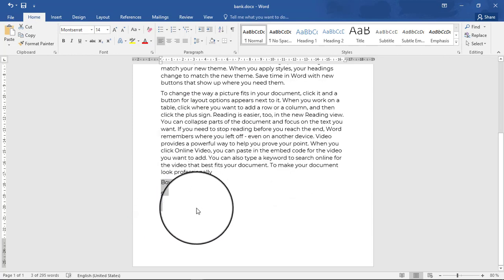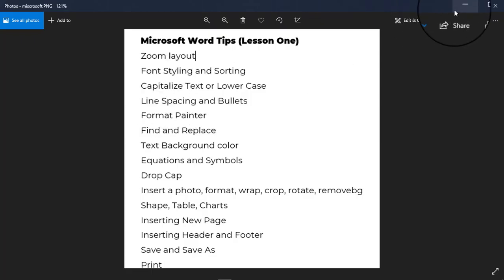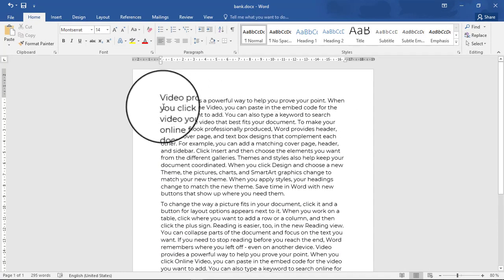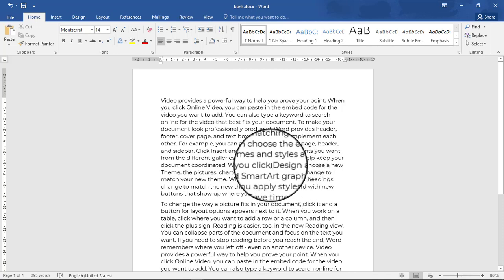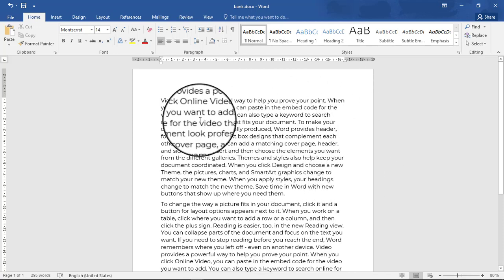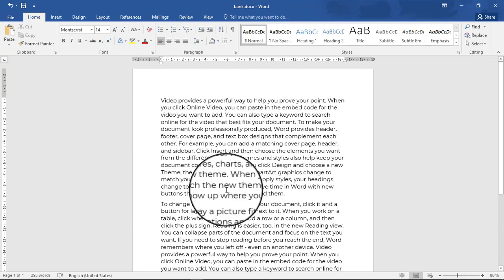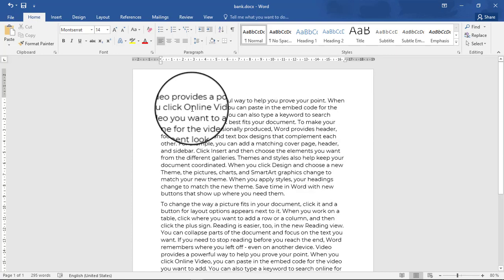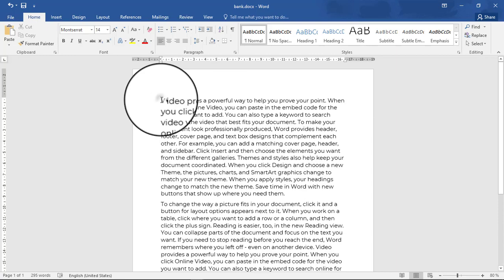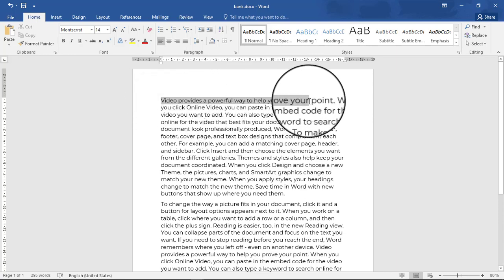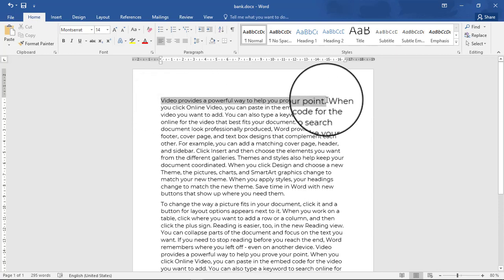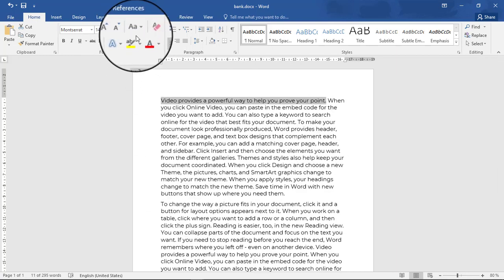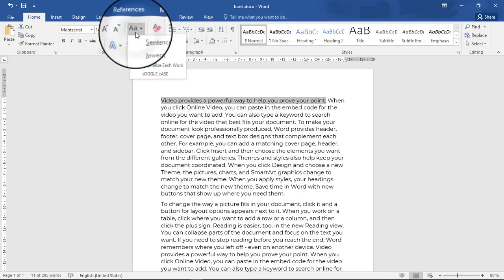Another thing we are going to talk about here is capitalizing a word. Maybe if you have finished typing the text here and you want to capitalize any word, you just have to highlight. Any edit you're making, you first highlight. You come, you highlight where you want to change. Maybe I want these to be in capital letters, uppercase. Just select them, then you go here, you select uppercase.